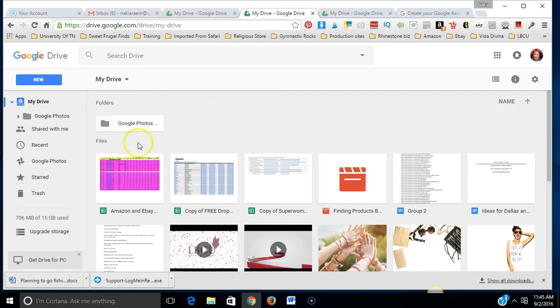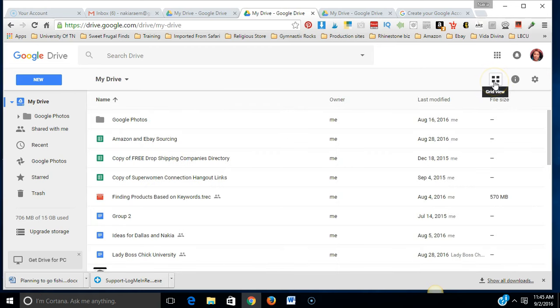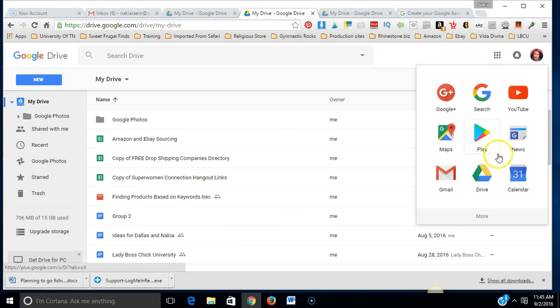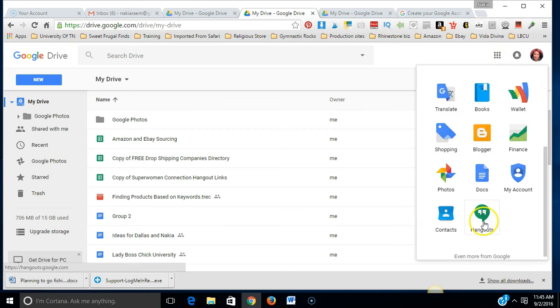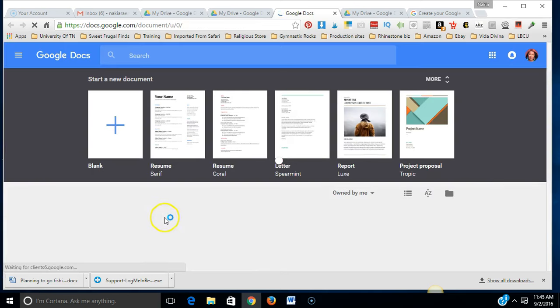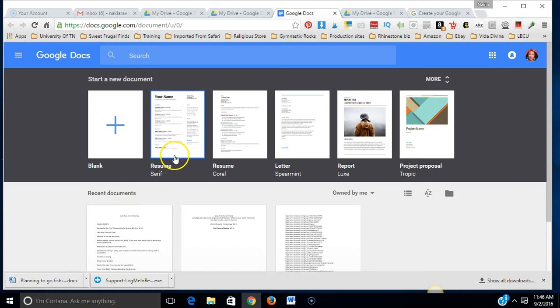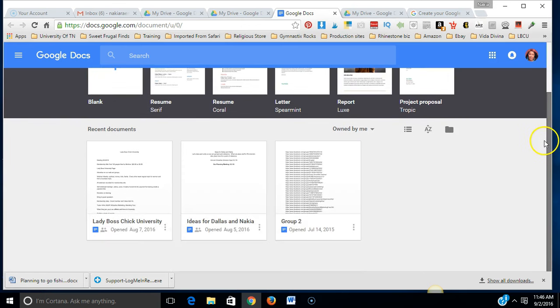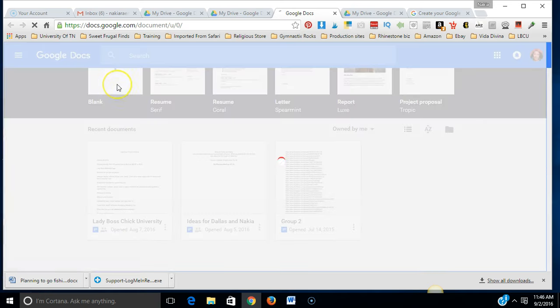The Google Drive is a phenomenal tool, and how you can actually use it is you would go to Google Docs. Within Google Docs they have resumes, letters. You can just have a blank sheet and create a document. So you just click on blank,